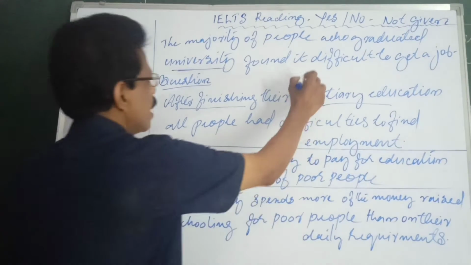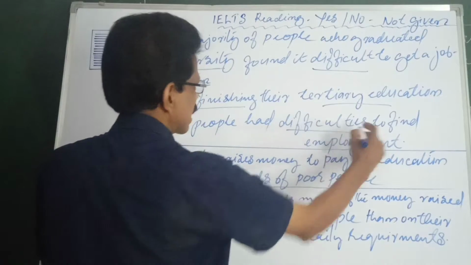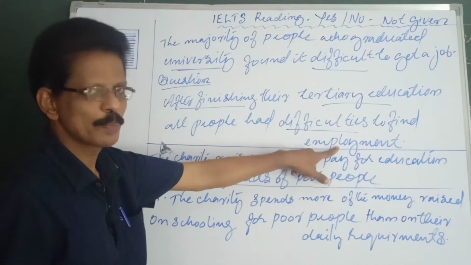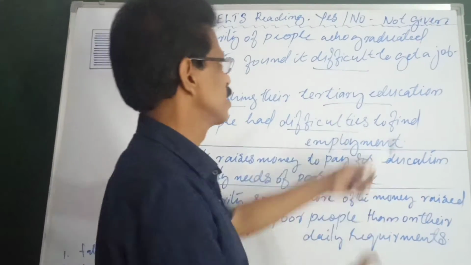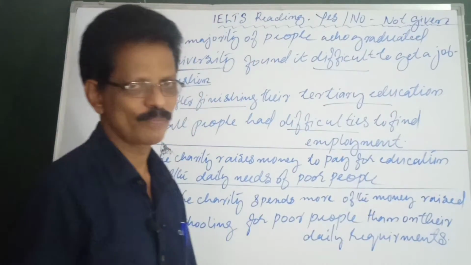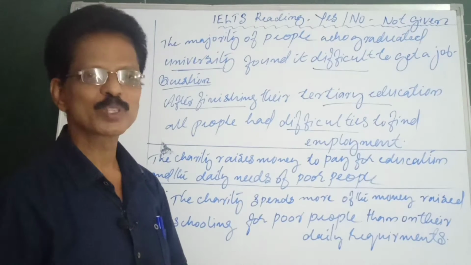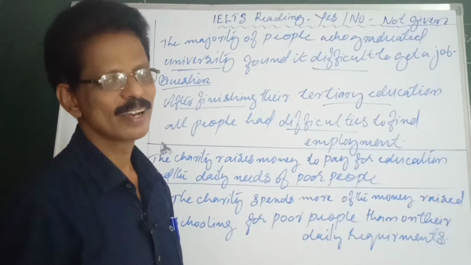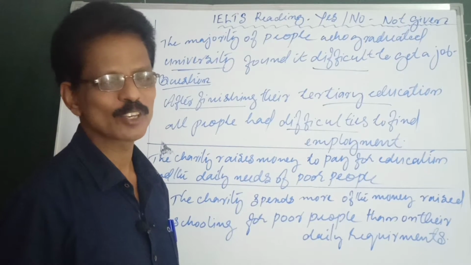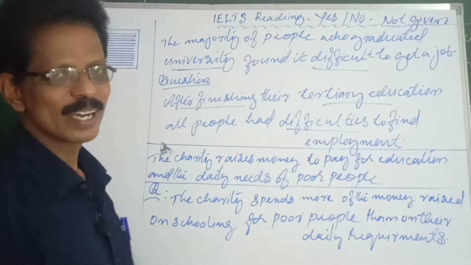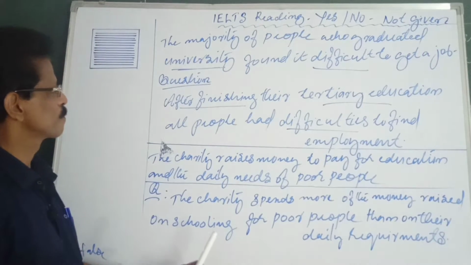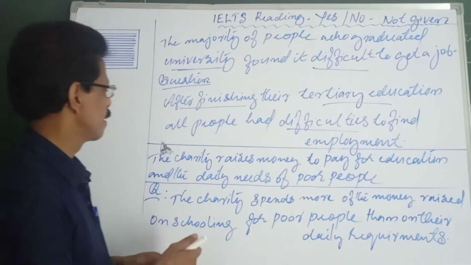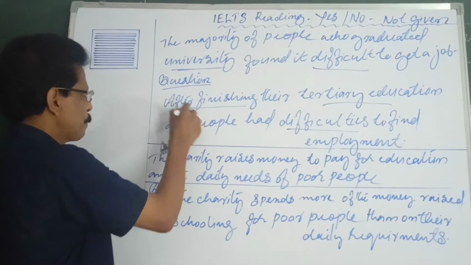Okay, then difficulty is there. Yes, to find employment, which means getting a job. Employment means to get a job or getting a job. Now, do you think the answer is right? Is it true or false? How do you think? What is your opinion? Check a little more detail. See, after finishing their university education, all people